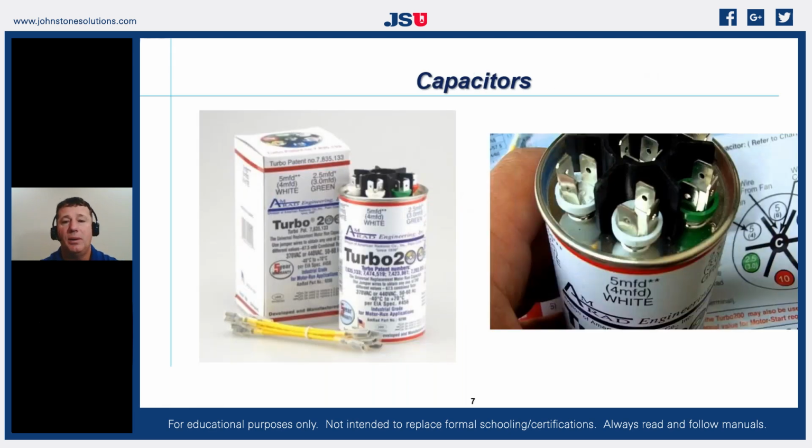So when we're talking about capacitors, if you do not keep a universal capacitor on your van, you are failing your customer. A lot of companies do not like to sell universal capacitors because of the cost of them. But even if you just think about the customer satisfaction of getting that unit up and running until we get a proper size capacitor for it. You know, if I'm out on a call and I simply have a bad capacitor because I have a dirty condenser coil, and I've cleaned that dirty condenser coil, and I don't have the correct size capacitor on my van,